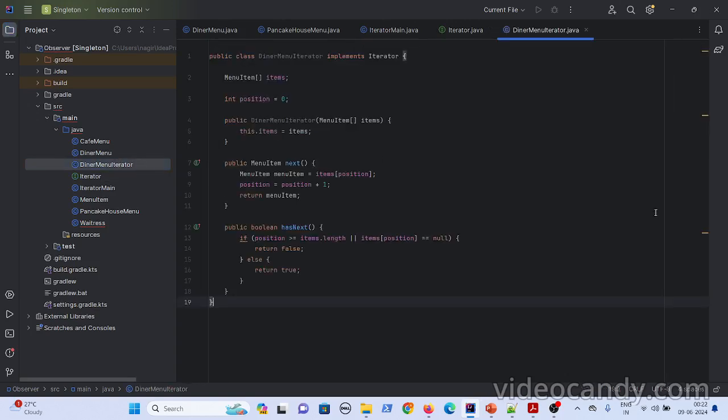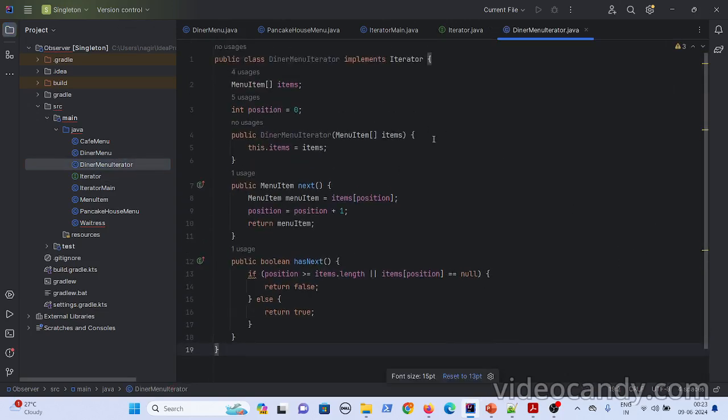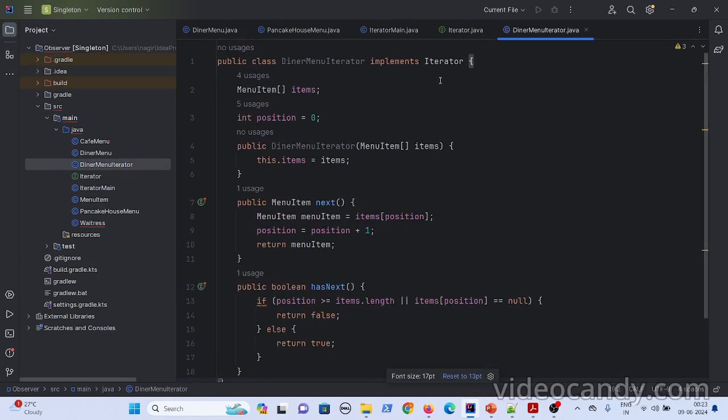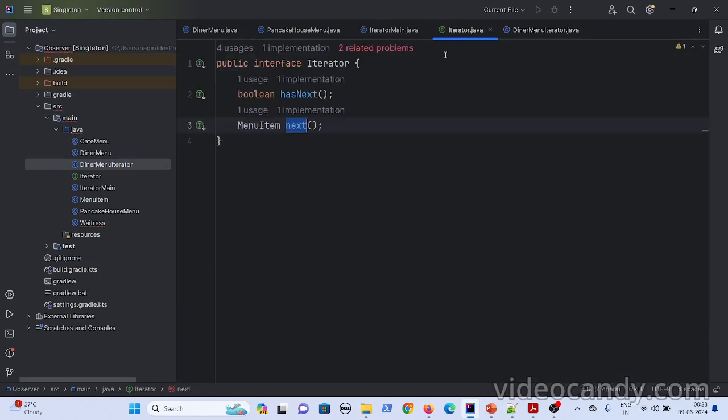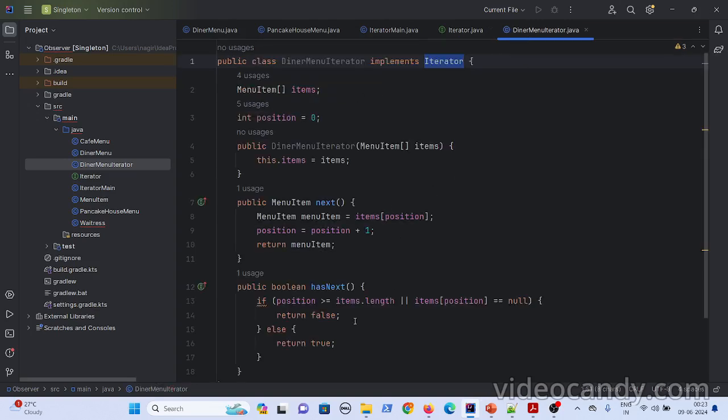If you see my dinner menu iterator, it implements Iterator, and in the Iterator you have two methods, right? The dinner menu iterator should implement these methods. Now if you see, hasNext, and then it has an implementation for next as well.